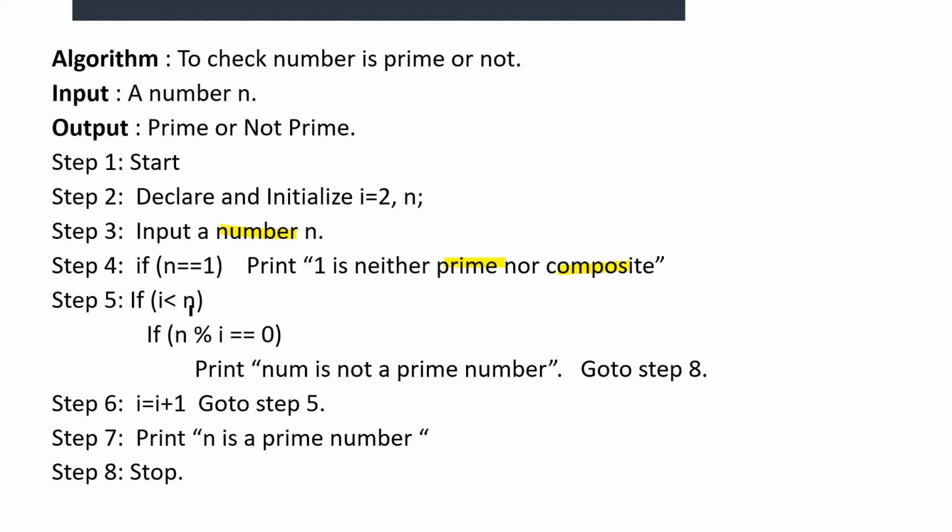I, whether it is less than n. What is our I value? We have started I from 2. As I told, we need not divide by 1 and we need not divide by the same number. So we are starting from 2. We have to divide the number accepted, which is our number 10, right? 10 we are going to divide by 2, 3, 4, 5, 6, 7, 8 up to 9. Got it? Less than 10 means we will be dividing up to 9,